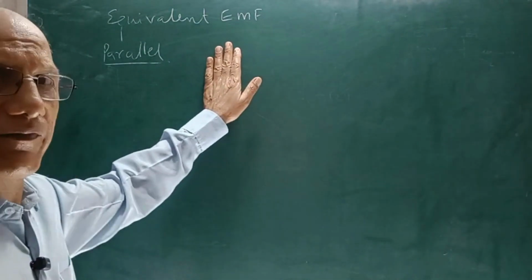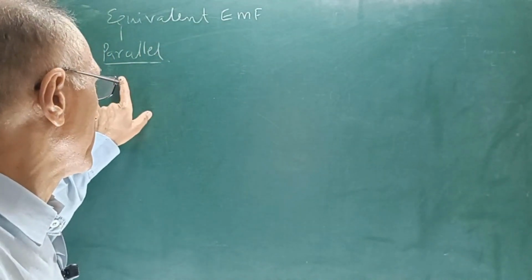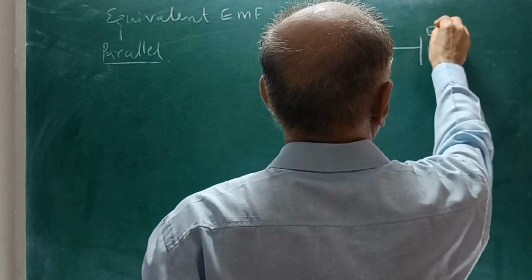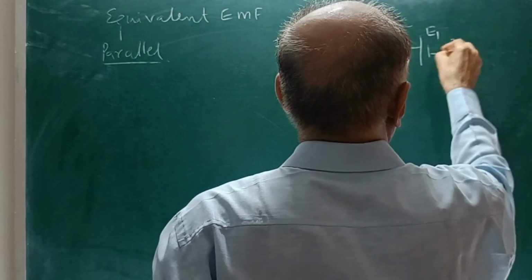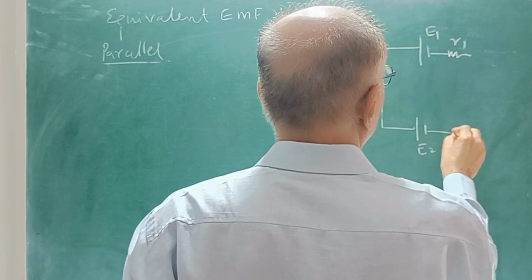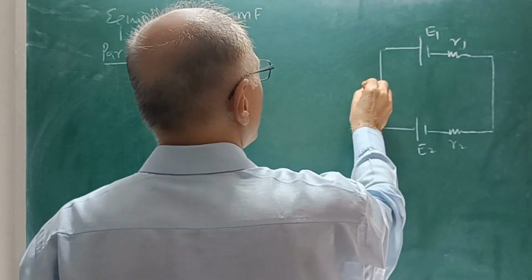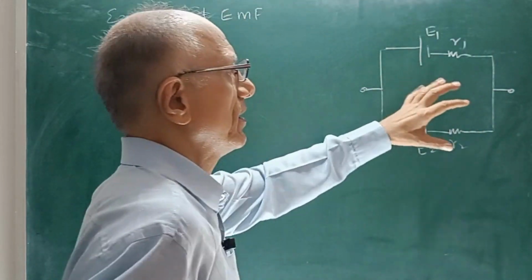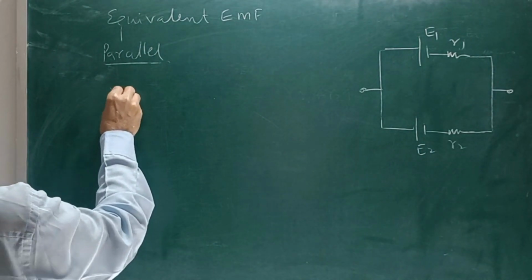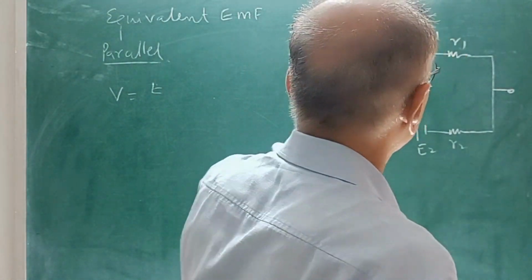Now, the equivalent EMF and equivalent internal resistance of a combination of two cells when they are connected in parallel. So here we have E1, here it is R1, and they are connected in parallel with E2, and here it is R2, and finally this. So if we try to find the equivalent EMF, here we have V equals, for this circuit only,